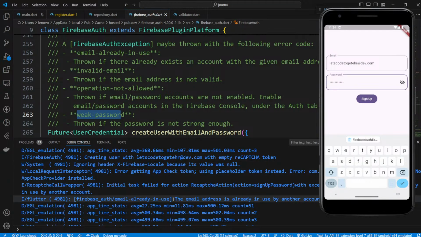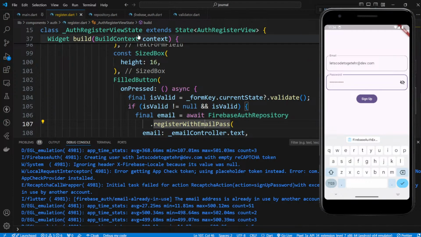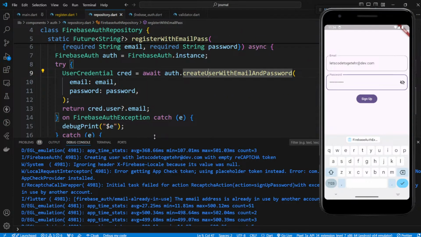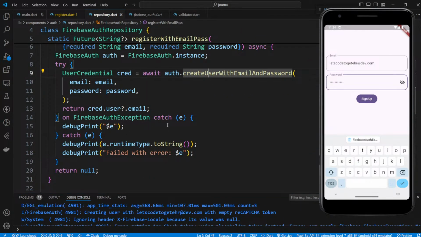And if you see, we get something like this. So we can do one thing actually. When we get this, right, on Firebase exception here,